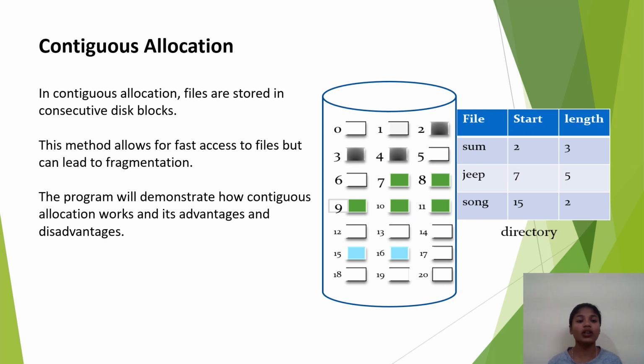Contiguous allocation. In contiguous allocation, the file is stored in contiguous disk blocks. This method allows for fast access to the file but leads to fragmentation. The program will demonstrate how contiguous allocation works and its advantages and disadvantages. Contiguous memory allocation in an operating system is a technique where the logical block of a file is assigned continuous physical